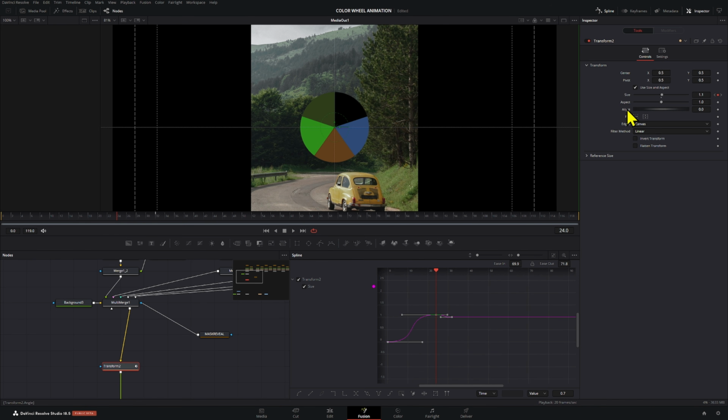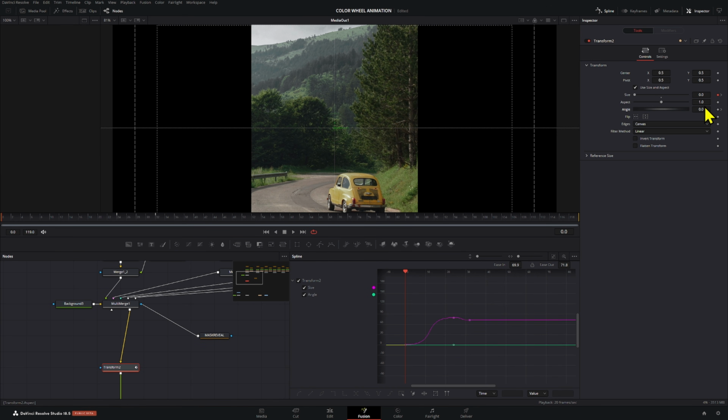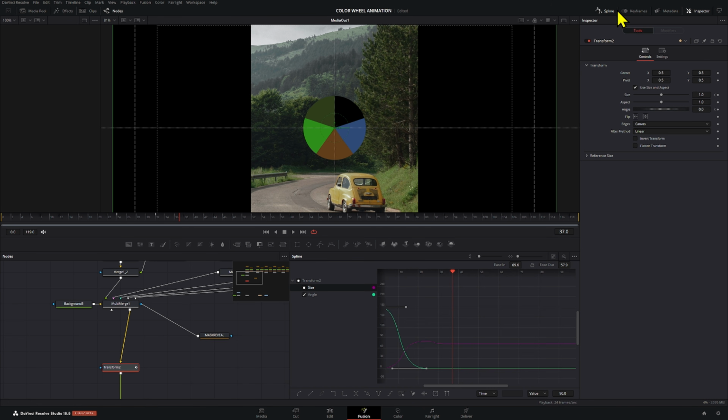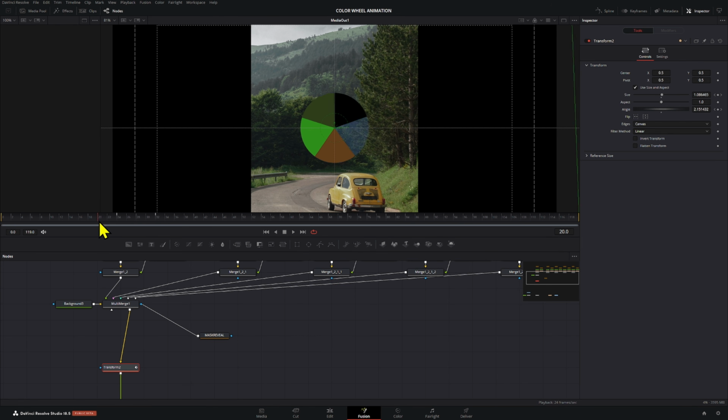Then we're gonna go to the animation of the angle. We're gonna create a keyframe right here, and then bring these to, like, let's say 90. Like that. It's a little bit too slow, maybe double it. Then we have that there. Please select the size right here, and then we're gonna adjust the spline curves for the angle. There we have that animation of our wheel right here. If you want these to go to the opposite direction, all you have to do is click here, flip, and then that opens up like that.